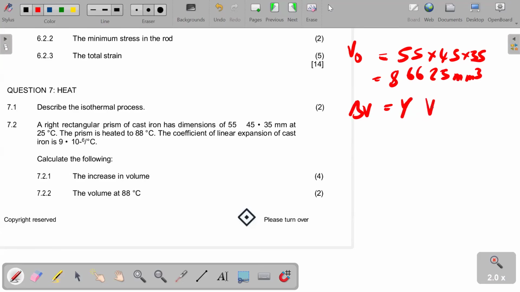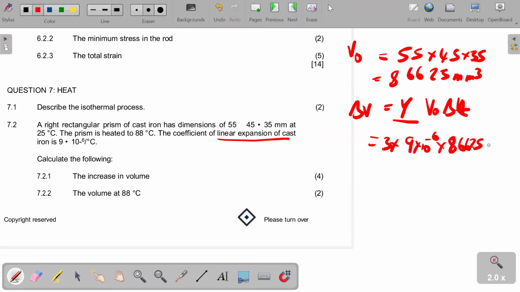Then the change in volume is going to be given by gamma multiplied by the original volume times the change in temperature, that's our ΔT there. But what we have been given is the coefficient of linear expansion, not the coefficient of volume expansion. That coefficient of linear expansion can give us the coefficient of volume expansion by multiplying it by 3. So we say 3 times 9 times 10 to the power of -6, multiplying the 86,625